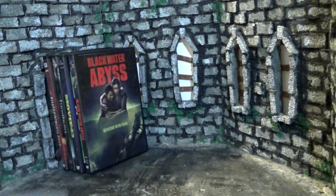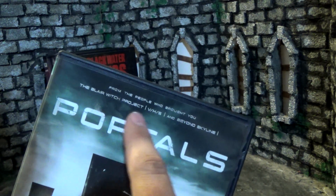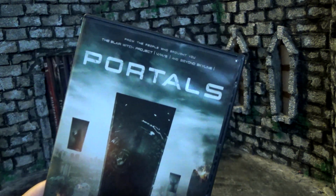Anyway, after that, the second Screen Media movie is called Portals, and we get some names from the people that brought you Blair Witch, VHS, and Beyond Skyline. That's pretty crazy, although technically